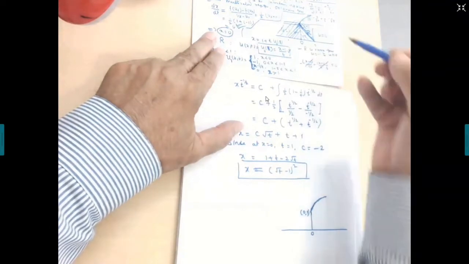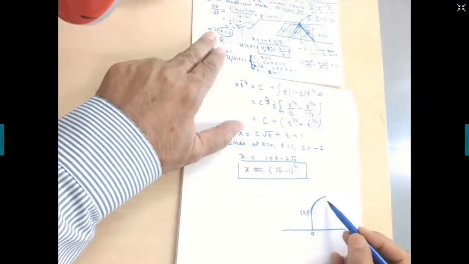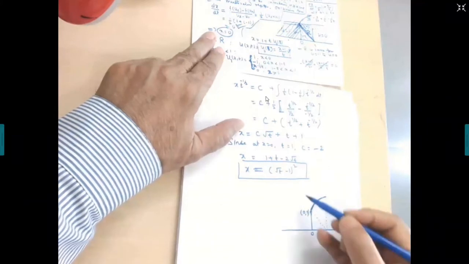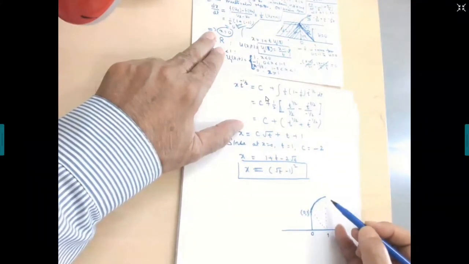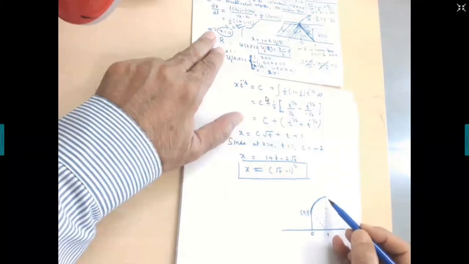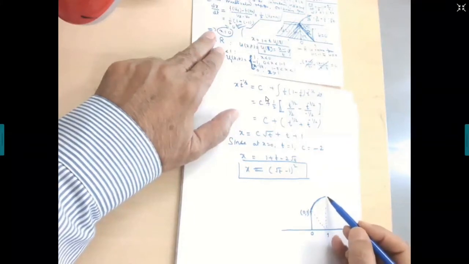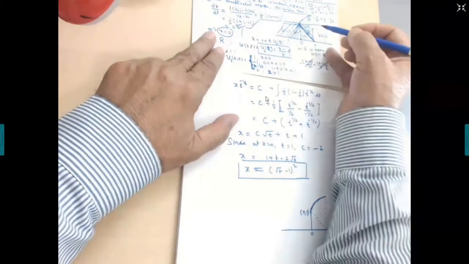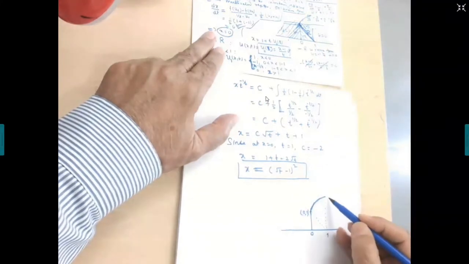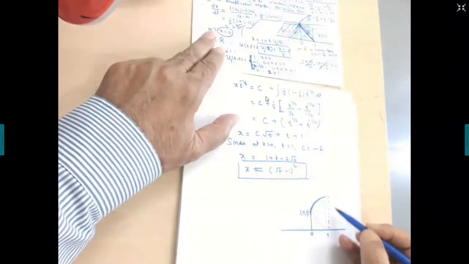This is your rarefaction wave. So I will write this as the point 1, and these are the characteristics emanating from here. This is your rarefaction wave. And this interaction with the rarefaction wave is over at this point, because beyond this, it will interact with this uniform state. These are the characteristics emanating from the uniform state. Am I right?